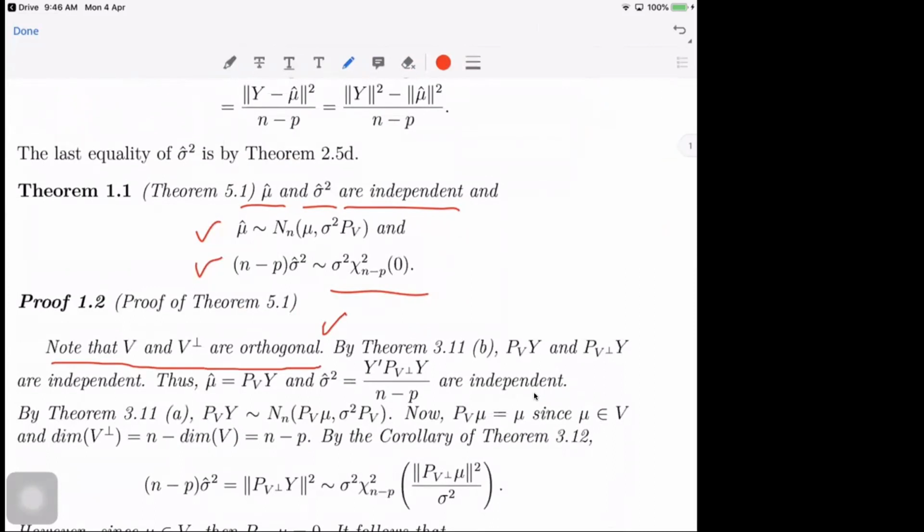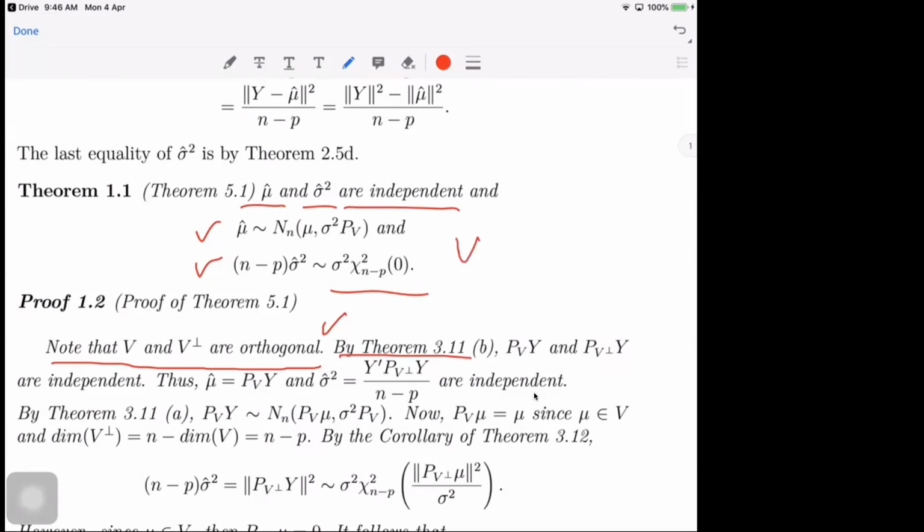So if they are orthogonal, by theorem 3.1b, the same theorem 3.1b says, and 3.11, also that